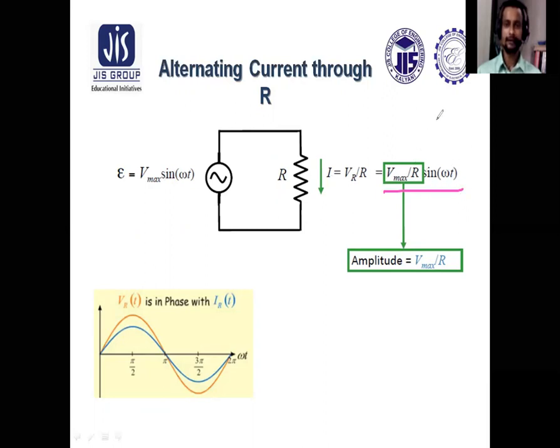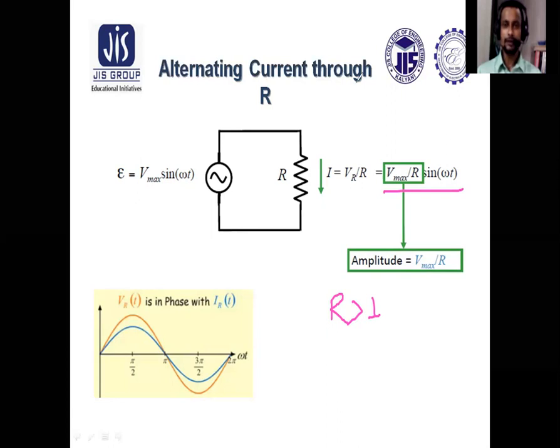Now this highlighted part, Vmax by R, is the magnitude of the current, and sin omega t is the sinusoidal part. It is indicating it's a sine wave. So the magnitude or amplitude of the current wave is Vm by R. VR is shown here having a higher amplitude compared to IR. IR is shown in blue. Why is IR lesser than VR in amplitude? Because if we consider R is greater than 1, then Vmax by R will be lesser than Vmax. Hence, we'll get this waveform.